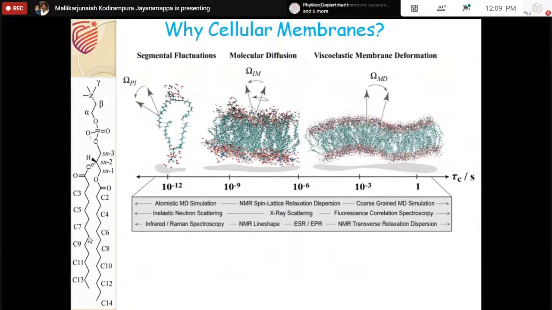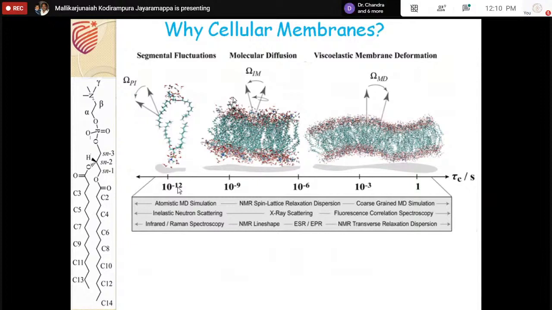Here, another carbon is attached. Therefore, there are 2 more hydrogens which are empty. That we call methylene groups, CH2 groups. And how those 2 CH2 groups start vibrating or rotating, that we call segmental motions. Those segmental motions have a time scale in the order of 10 to the power of minus 12